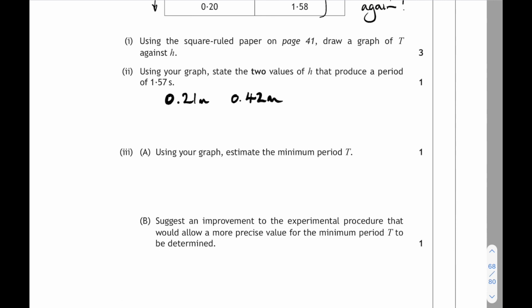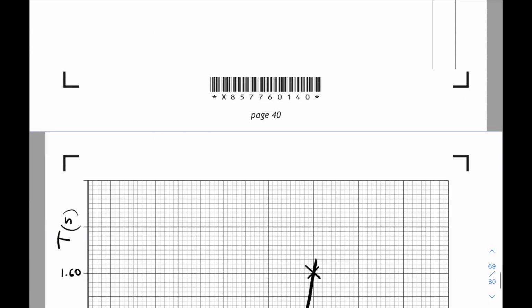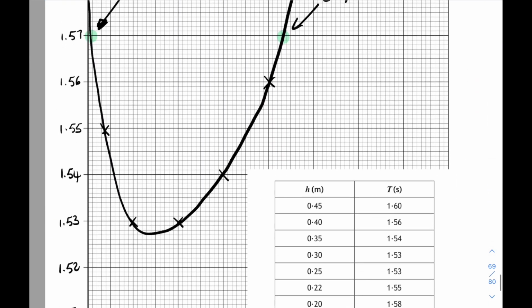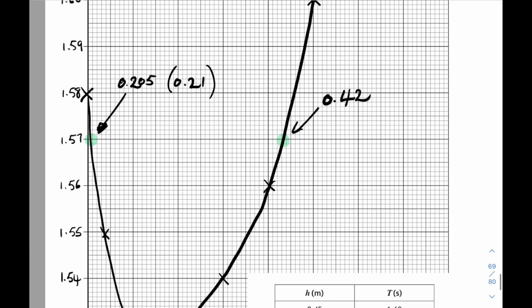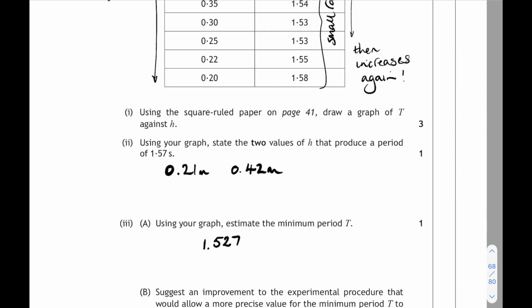Okay, part 3, part A. Using your graph, estimate the minimum period t. That's the lowest part of the graph then. Well, it's below 1.53, but it's above 1.52. It's about 1.527. 1.527. But I'm going to round that again. I'm going to round that to 1.53